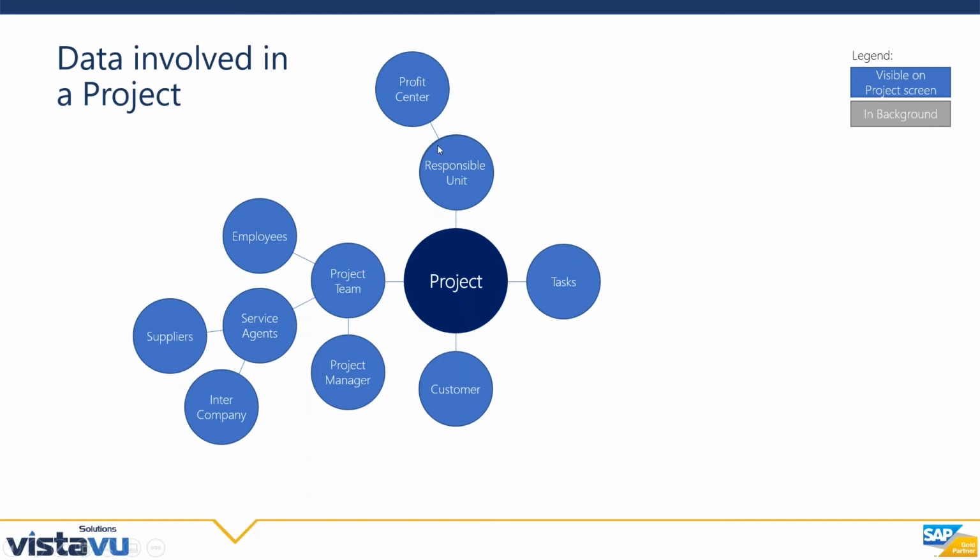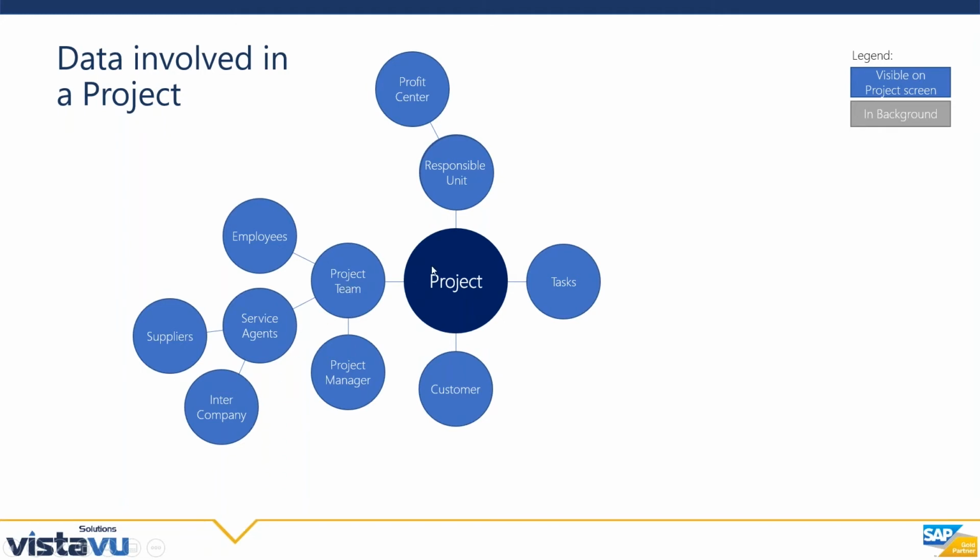So the responsible unit could be one company delivering the project, and if you have another company with employees working cross-company to deliver these projects,